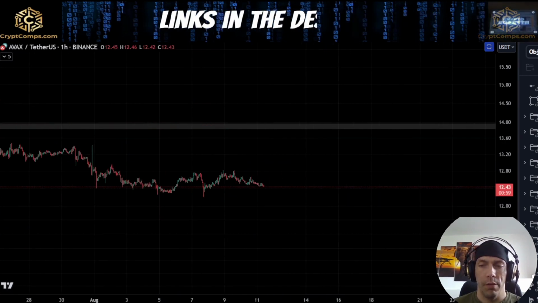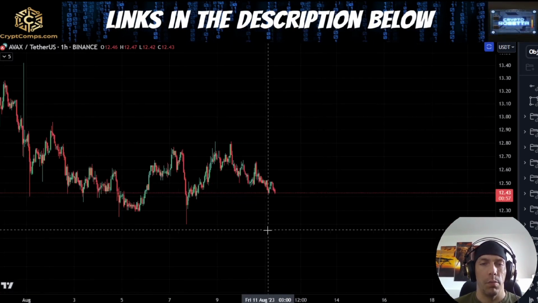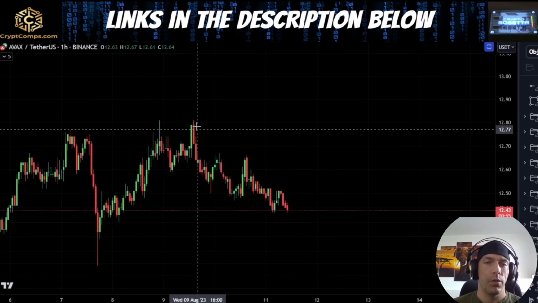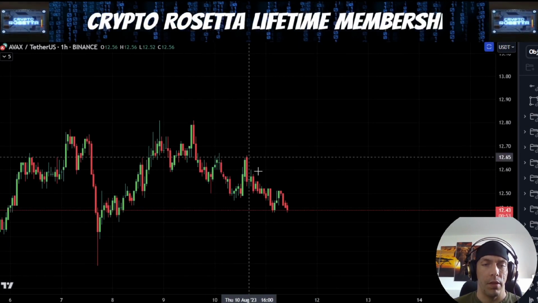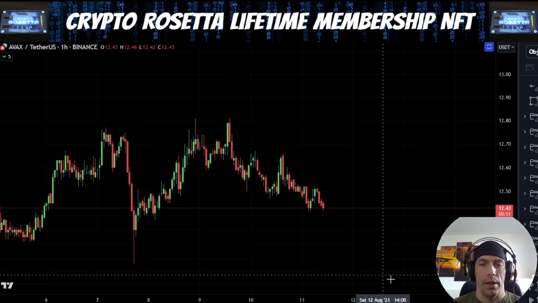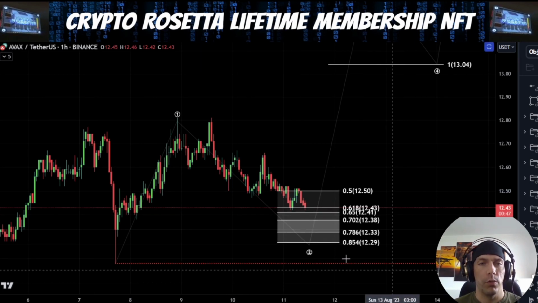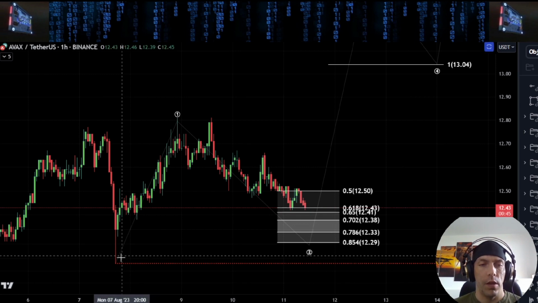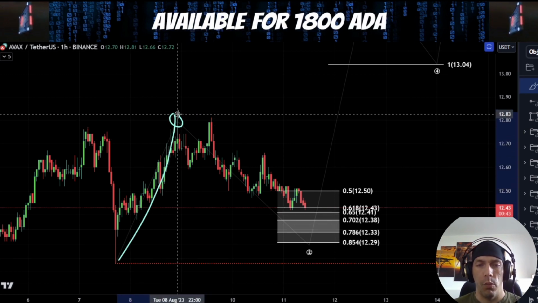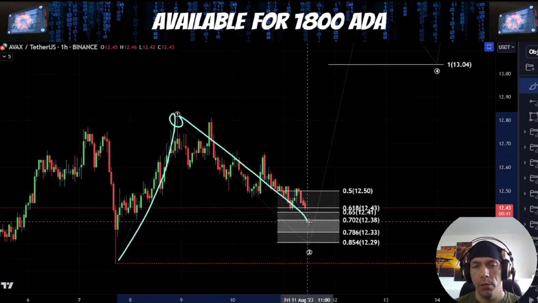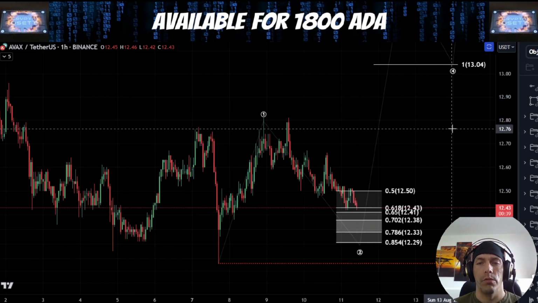Now, there's not enough evidence to say that something like this would be playing out. And like I said, until we start breaking back above some of these key highs here, it's more likely that the downside is going to come in. However, if we do maintain this 1220 level, what we could then see is that this could still be a wave 1. We get a wave 2 down here,